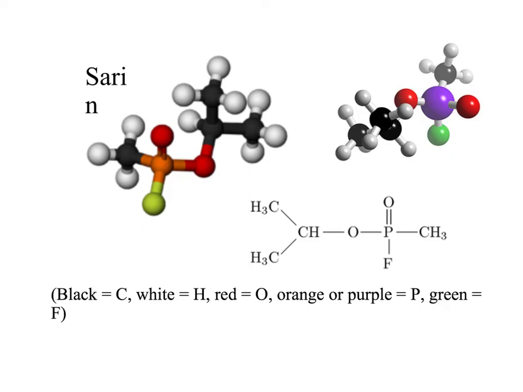In this video we'll look at the chemistry of how sarin works, and the first thing we'll do is just write its name on one line. There we are, sarin. There are two pictures here of the sarin molecule and also its chemical formula. The key part of sarin is this group of atoms here. It's an organophosphorus compound. In this drawing, the phosphorus, the oxygen and the fluorine are here, and in this slightly